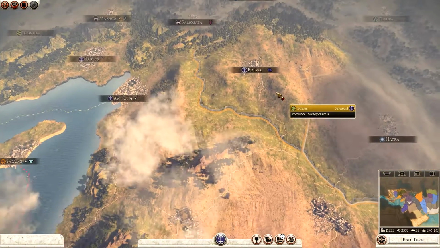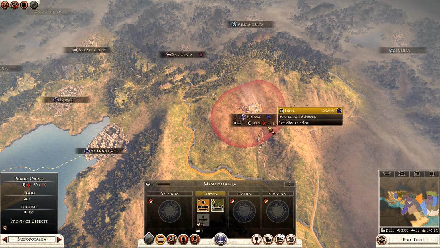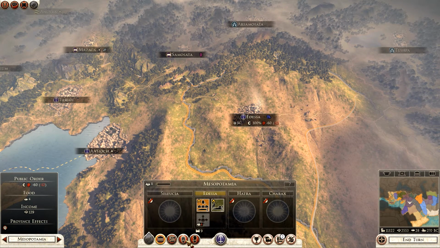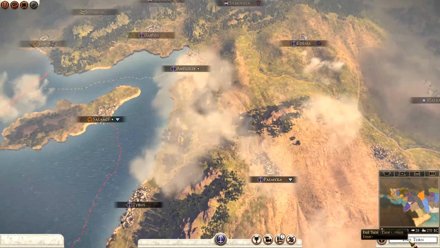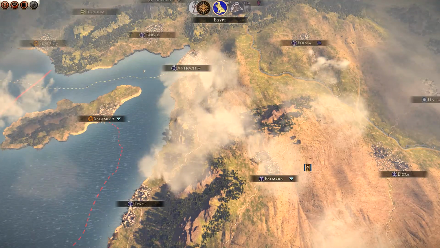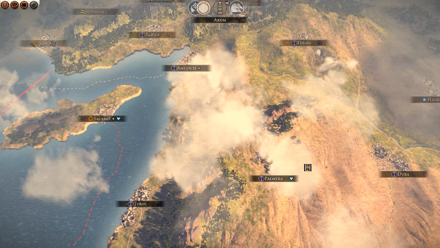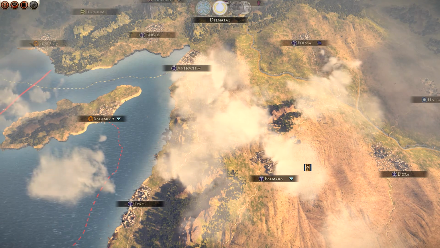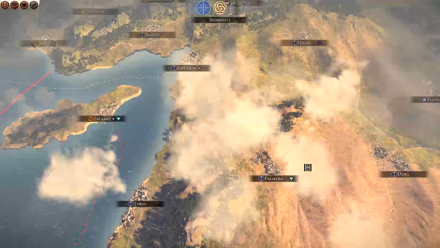Alright. Edessa. Yeah, it's having really bad public order. Is there any way I can make it so that... Let's see. Well, it's not giving me much money anyway, so... Enter. Come on, Egypt, take over my cities! Before all those other guys come and, you know...